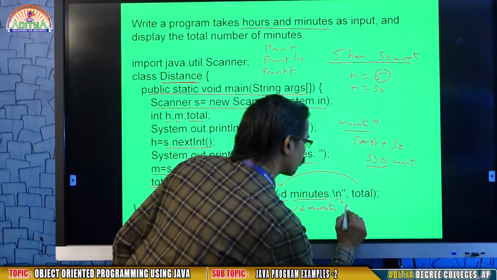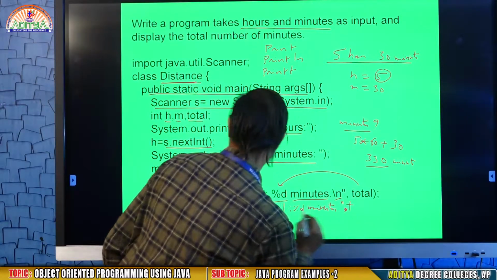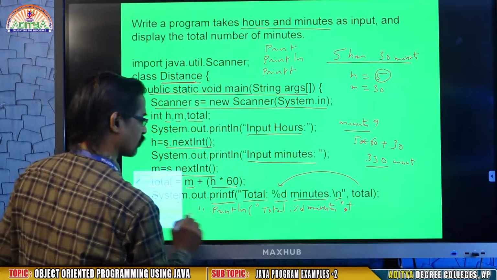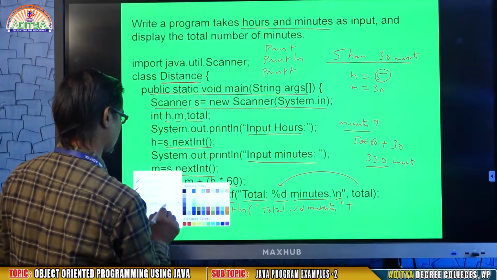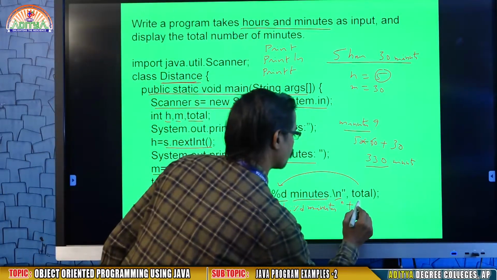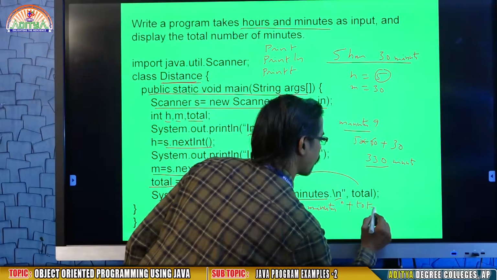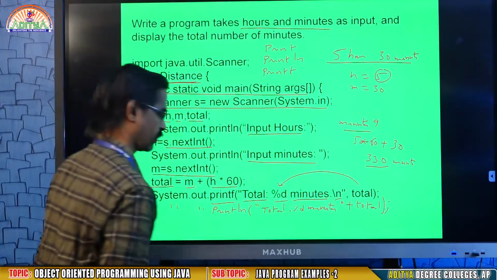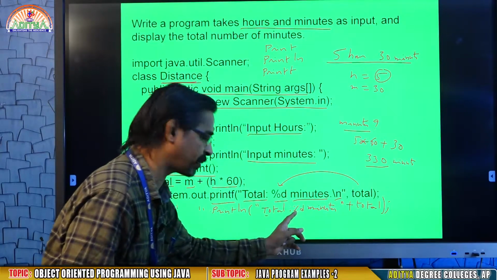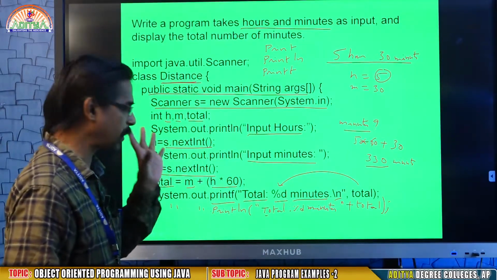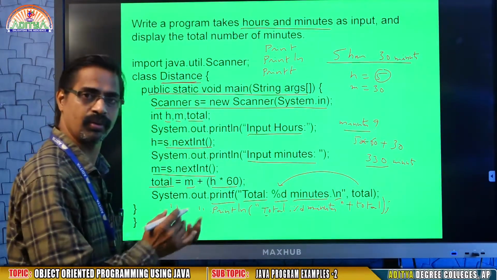Sorry, don't give comma. So println total, this total value will be substituted in the place of %d. So this way you may write.